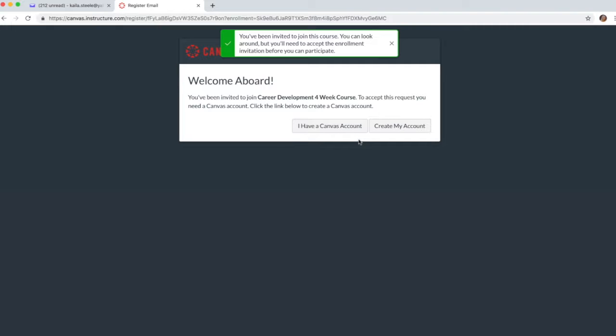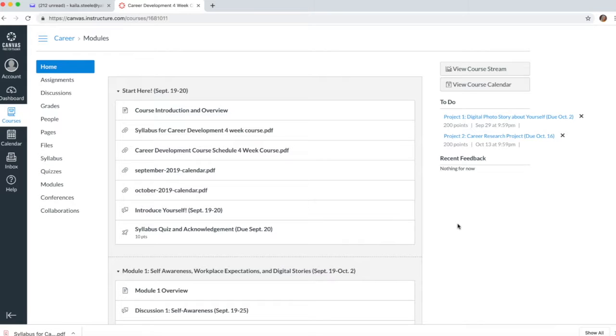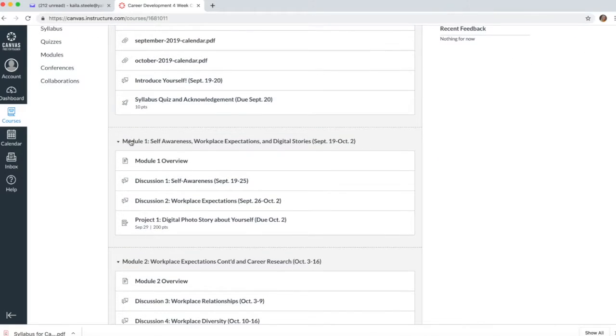And then if you don't already have a Canvas account, you're going to need to create one. So you'll add a password, something that you'll remember, and then you have to agree to the acceptable use policy, but you do not have to receive information. Okay, when you get into your career development course, you'll see that there's a Start Here module, Module 1, and